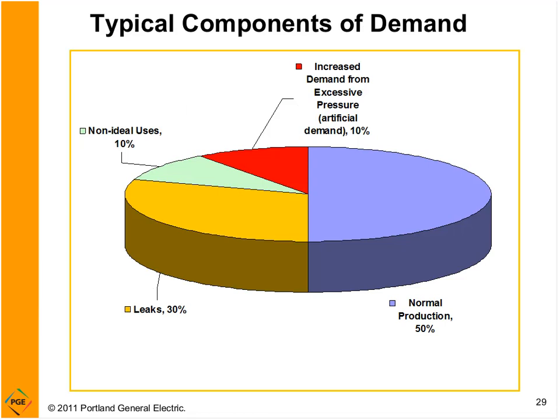Out of a plant's demand, typical, perhaps only 50% of it goes to production. This is very typical. It's not exactly what your plant does. I've seen worse, I've seen better, but this is perfectly representative of a classic plant. 50%. We already know how inefficient air is. 7.5 times the cost to operate a motor with compressed air versus direct electric. Then you're going to go off and you're going to waste 30% of it to leaks, non-ideal uses, which are uses that could be better served another way, such as the air motor,